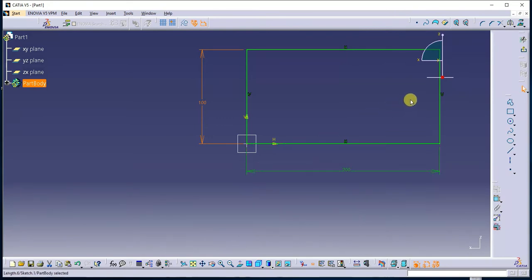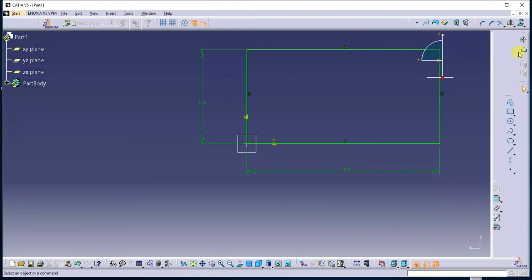Okay, so this has turned green, indicating that the sketch has been constrained. It is fully constrained. Now if I try to drag any one of the lines here, these are not moving because it is fully constrained. Now we can try to build the model from this sketch.